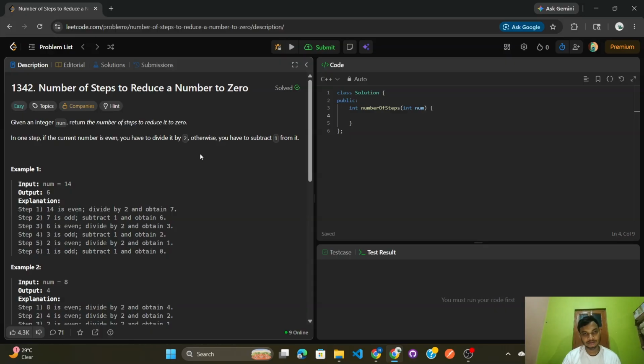Let's understand it with an example. In the examples, we can see an input is given: num equal to 14. So on 14 we will process the rules of solving this question. Here 14 is given, so we will divide it by 2 and obtain 7. 7 is odd, so we will subtract 1 from it and